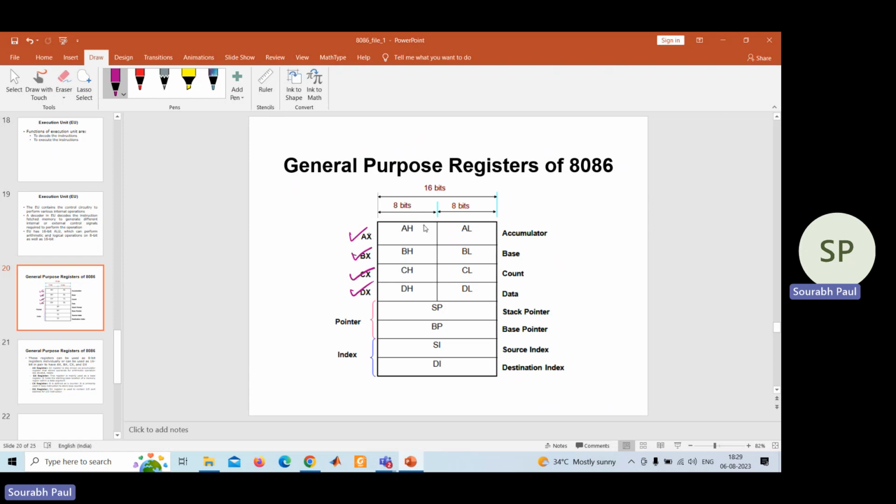Now AX is further divided into two parts, AH and AL. BX is divided into two parts, BH and BL, meaning higher part and lower part, and each part has 8 bits. So in combination